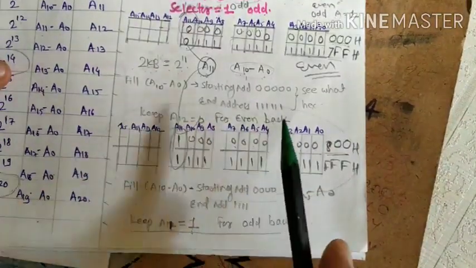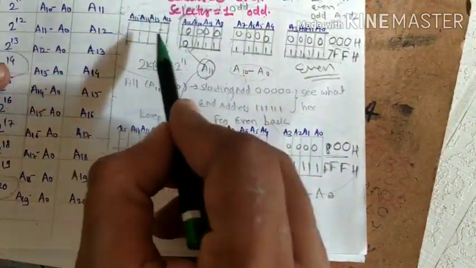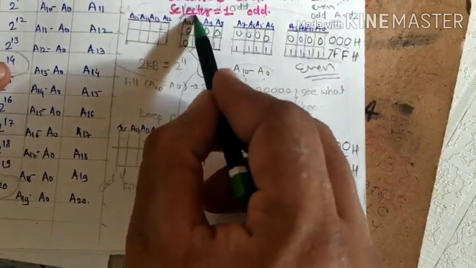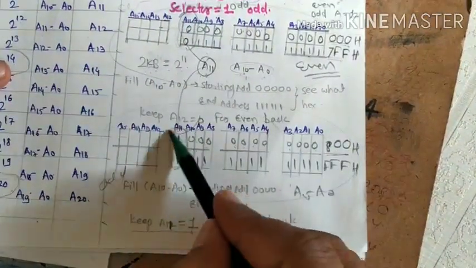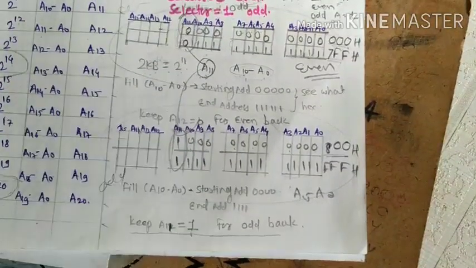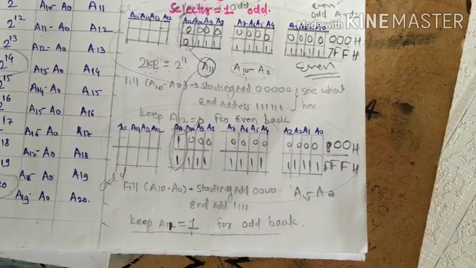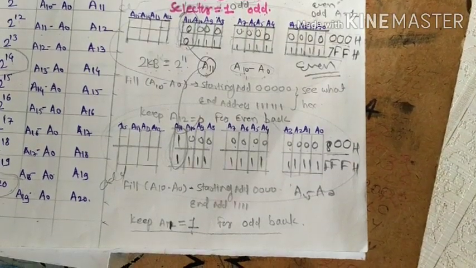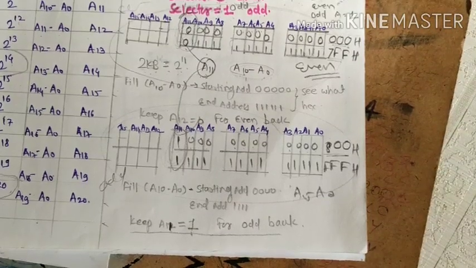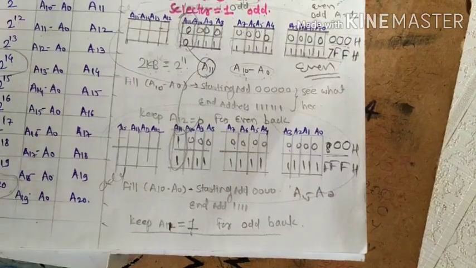This whole bank is the odd bank and this is the even. Why is it even? Because we are keeping this selector as 0. Here we are keeping the selector equal to 1. So in this way you have to draw the mapping table of 8051 for memory interfacing purposes. For more detail, we will take the next example.